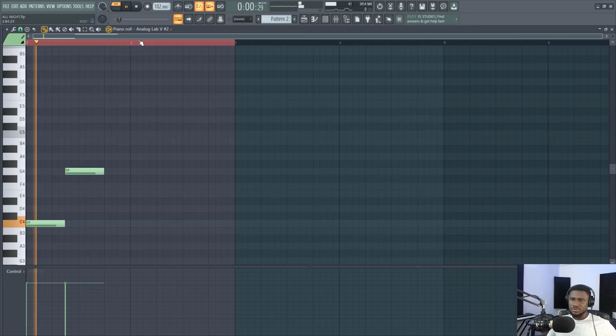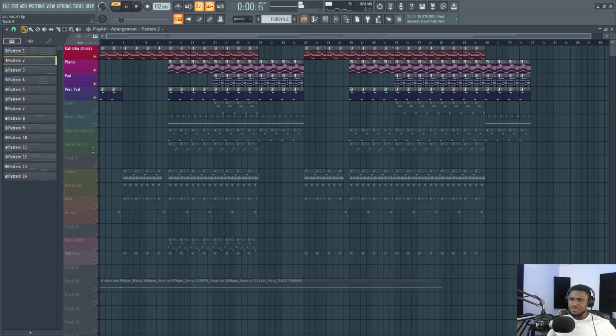Let me solo this. That was it. And when you use pads or ambient melodies, it helps fill up the space in the beats without causing more melodies in the beat. When you have too many melodies, it becomes distracting for the artist. It may sound good to you, but it may be too distracting for the artist to actually sing and feel comfortable in the beat. So you don't want too much melodies in your beats, and a great way to get past that is using ambient melodies. So when I play it back and you listen,